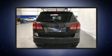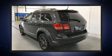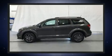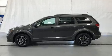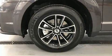Audio features include a CD player with MP3 capability, steering wheel mounted audio controls, and 6 speakers enhancing the audio experience throughout the interior. Dodge ensures the safety and security of its passengers with equipment such as dual front impact